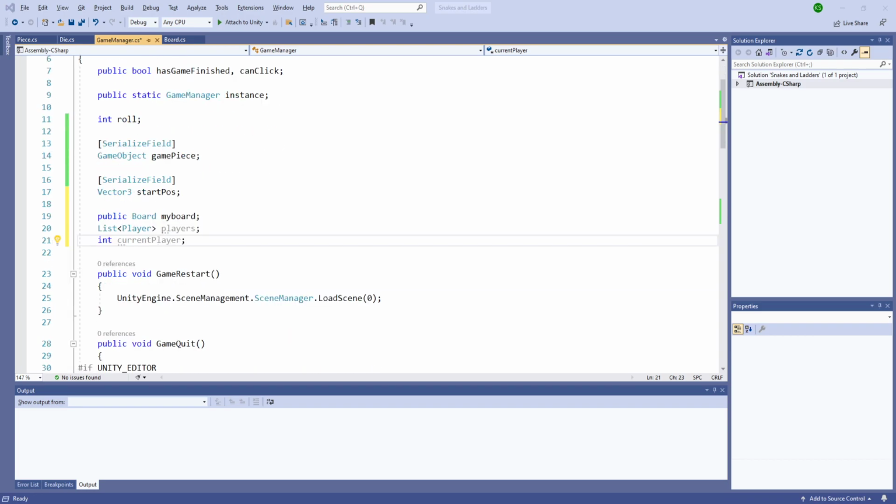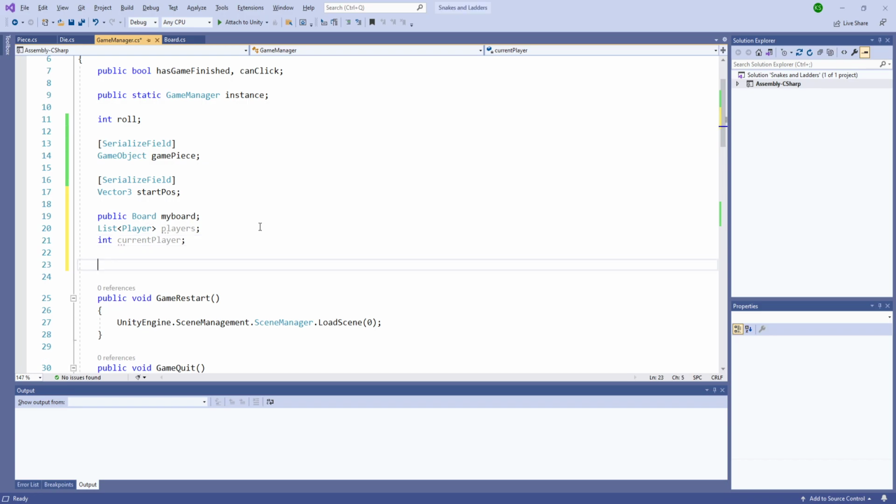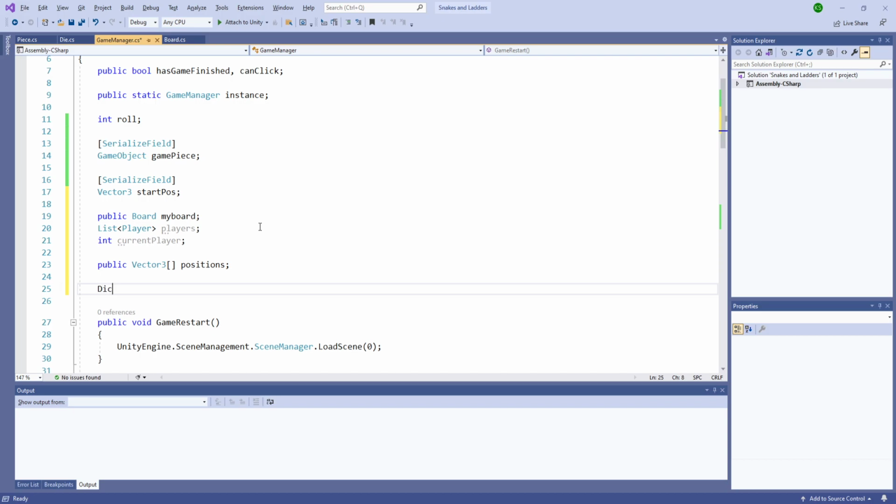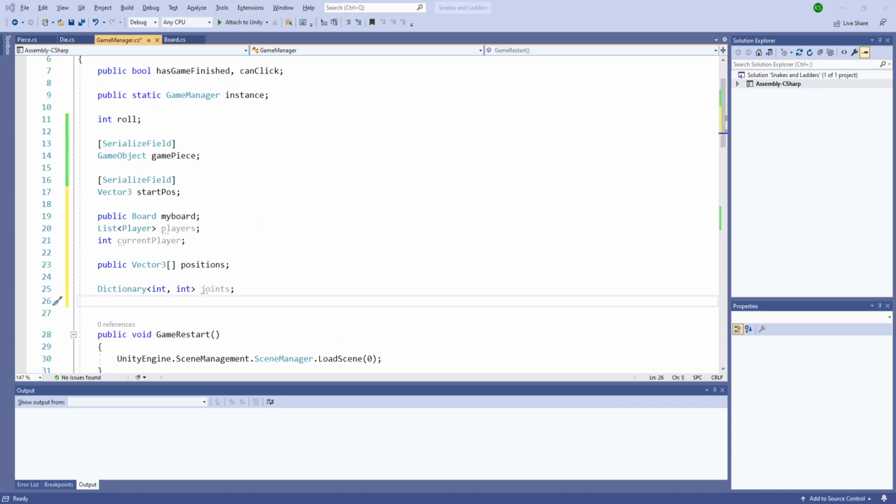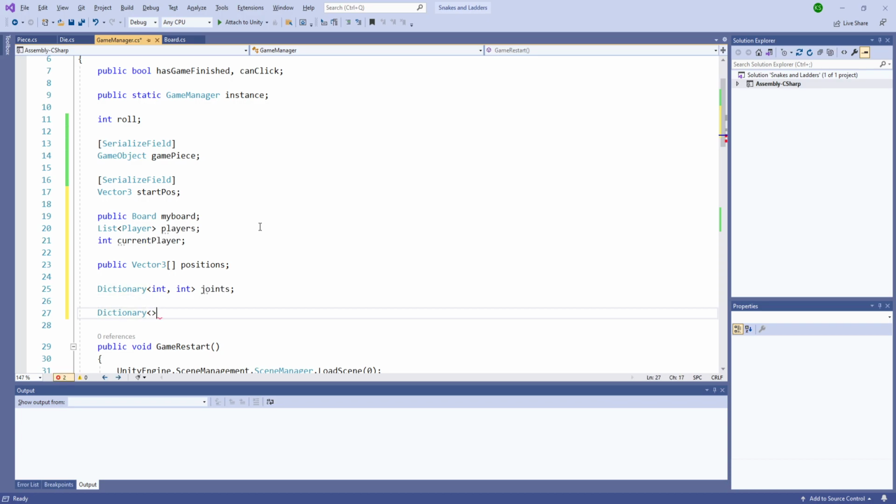After that, we have already the start position. Vector 3 array position, the dictionary or headers here, and dictionary from player to game object. We'll call it P. So whenever we pass player to it, we can get the